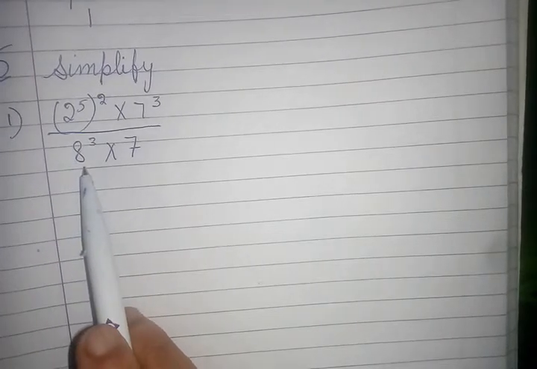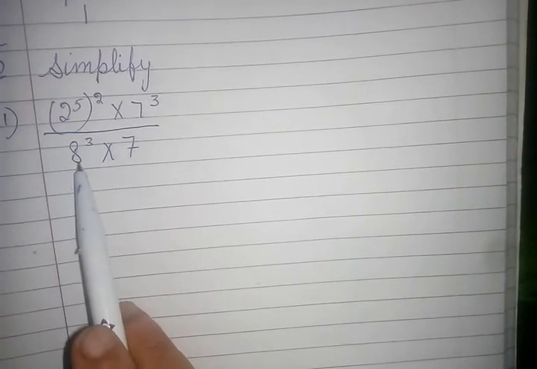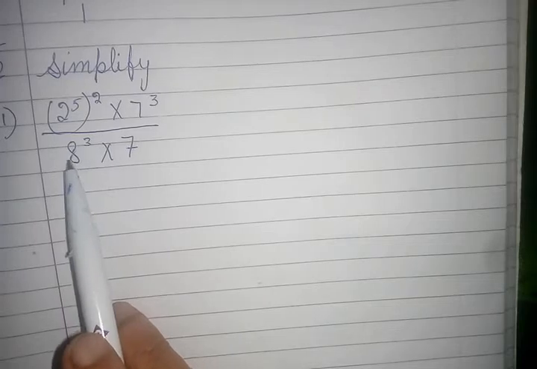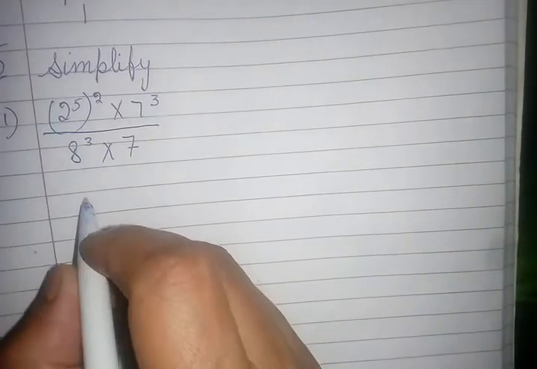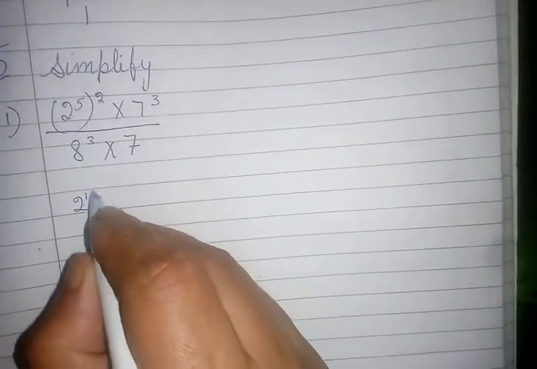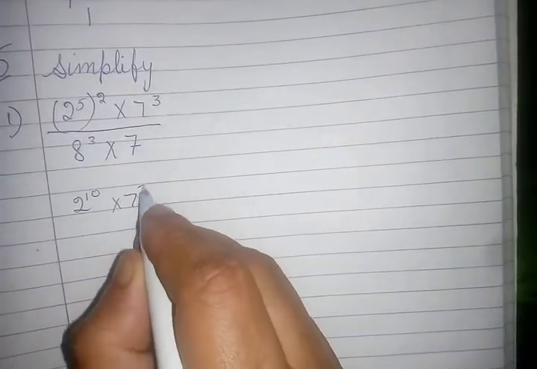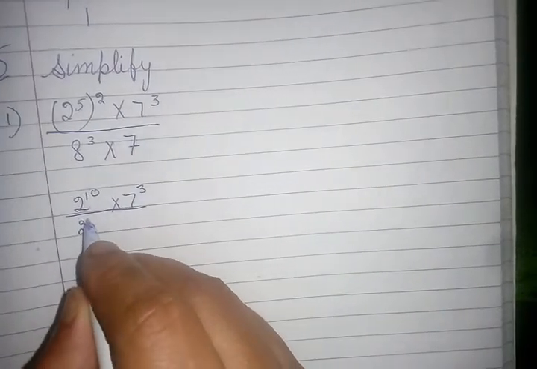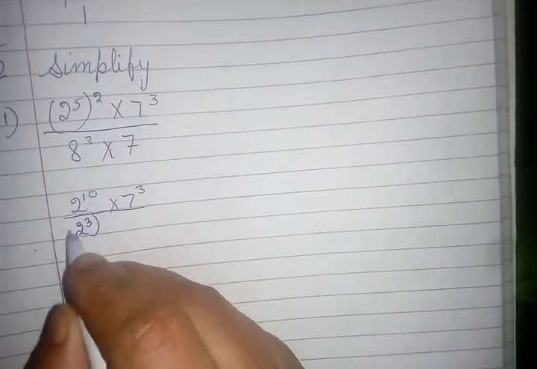Now see, in this we have to simplify. First, this is a composite number, so we will change it into prime factors. We will do prime factorization. So this is 2 raised to power 5, 2 fives are 10, into 7, which is a prime number, as it is. In place of 8, I may write 2 twos are 4, 4 twos are 8, meaning 2 raised to power 3. This is 8 and 8 raised to power 3. So this is 3. Now 7.